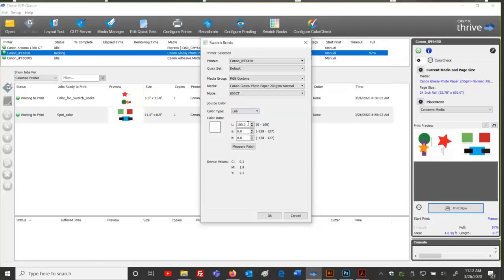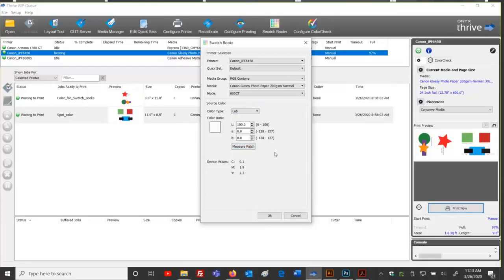Now again, LAB values might be something that a client gives me, and they tell me I want you to comply to this LAB value. And they tell this to me, and they say just go ahead and use that and we'll be happy. Doesn't necessarily mean it's going to come out perfectly, but if this is what I'm getting as information, perhaps I work in that fashion. But if you'll notice, below LAB, there's measure patch.